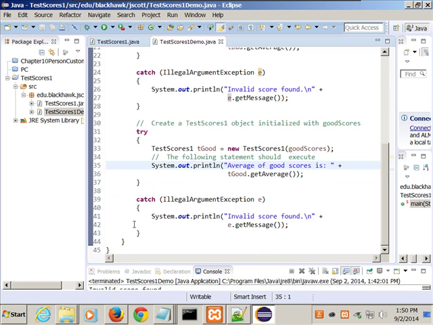All right, any questions on that? All right, we're going to take a break, and when we come back from the break, we'll come back at 5 after. When we come back, I'm going to copy those 2 files, the test scores 1 and the test scores demo 1. I'm going to use those as my baseline and make a test scores 2, because that'll go a lot faster then. We'll just make the changes that we have to make. All right, but we're going to have another new file in there where we're going to write our own exception.